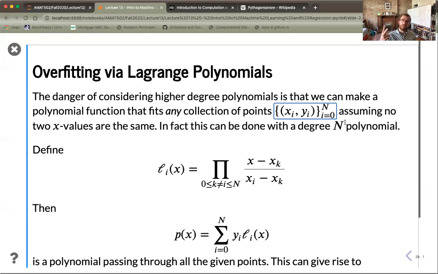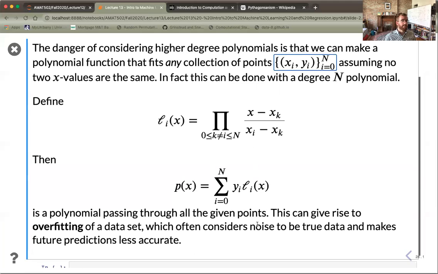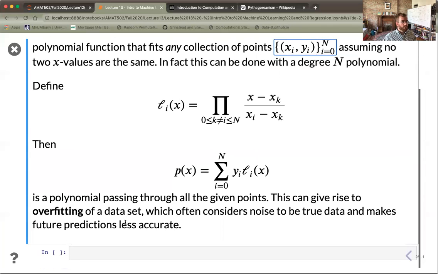So that means if I had 2 points, I can always fit a line through it. That's a degree 1 polynomial. If I have 3 points, I can always fit a quadratic to that. And this is modeled using what's called these Lagrange polynomials, which essentially just take all these values and then selectively divide by one of these values. And then by just putting yi as the coefficient, all the other terms will be 0, and then it'll pick out that value yi when you evaluate on xi. So this will give us a polynomial that passes through all the points.